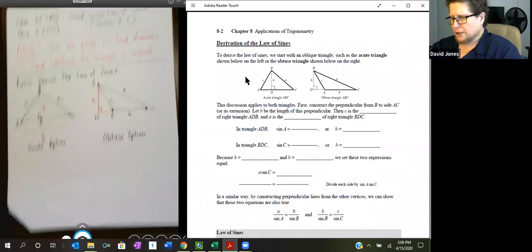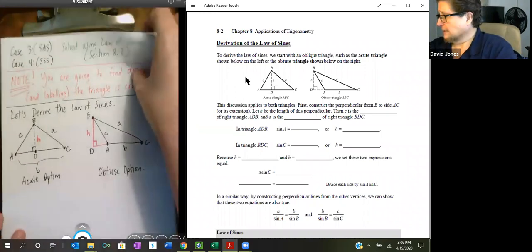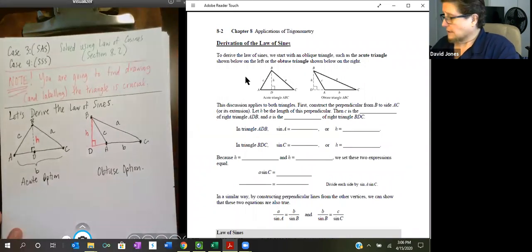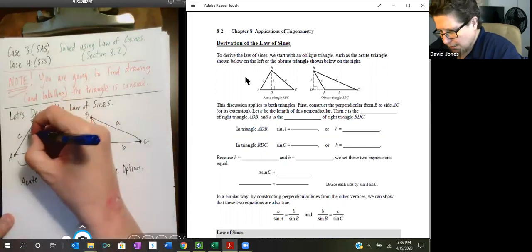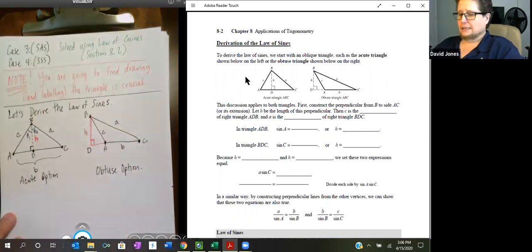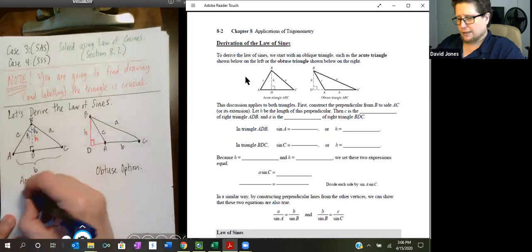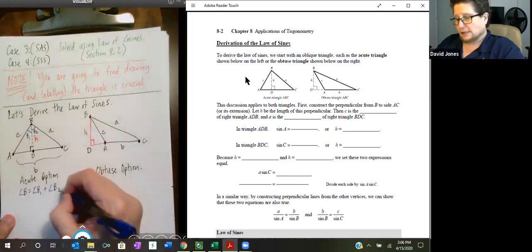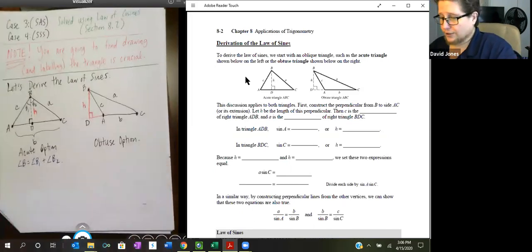So what I'm going to do is break this up. Since in this one I'm going to chop this up, this is B1 and this is B2. So angle B equals angle B1 plus angle B2. And now let's look at our two triangles. We have a triangle,